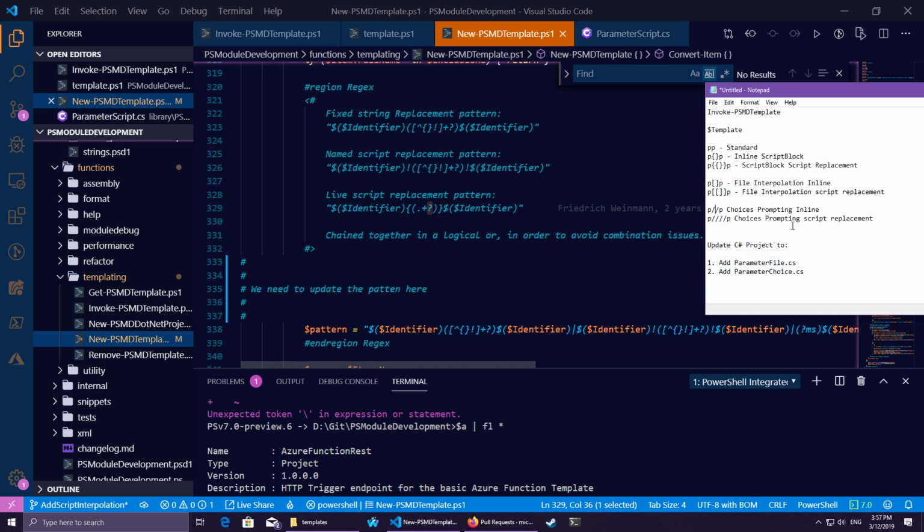The thing with file interpolation is the fact that it's not really... yeah. The whole idea with choices, though, my whole idea with choices is essentially it's its own script block. So I'm thinking something like, but it needs to be something that's easy for people to understand. So name, so we can group name,